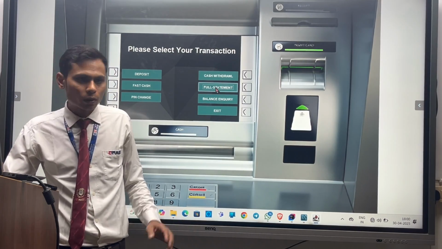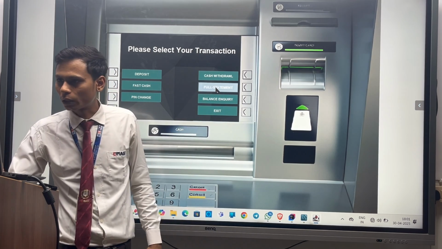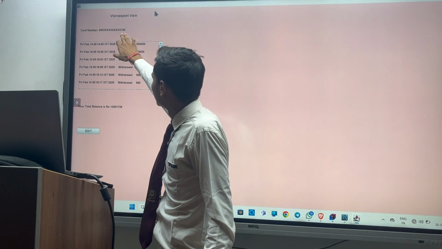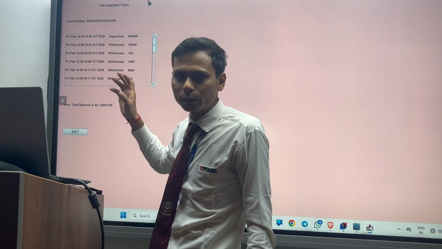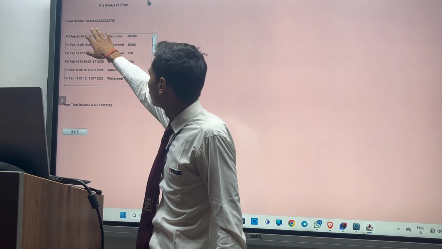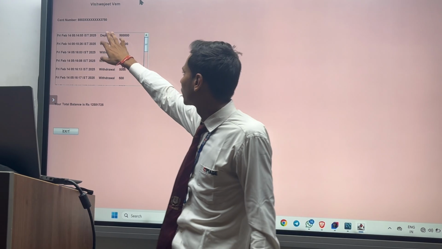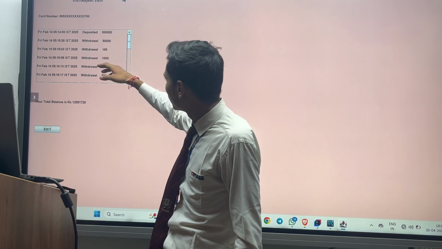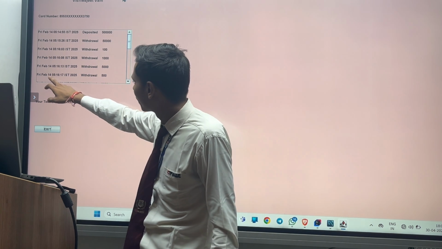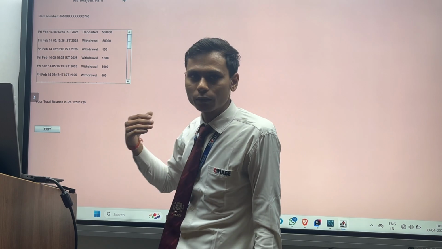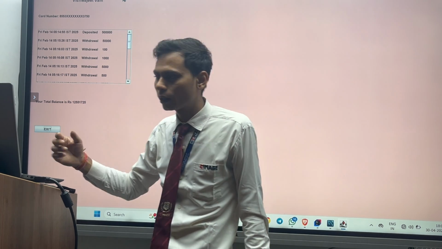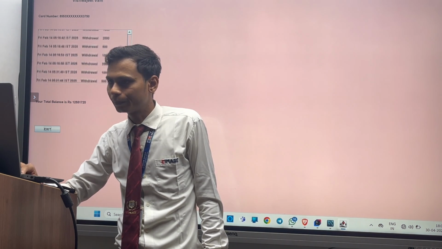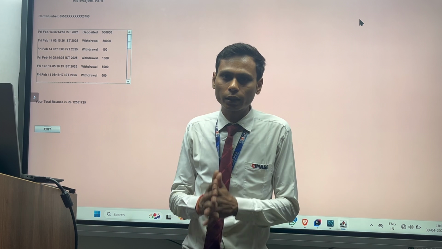Let's see what kind of information it has. It's our account holder name and our card number. I have hidden the middle numbers and am showing only the first 4 and last 4 digits of the card number. And the total balance we have is this much, and how many transactions we have performed, with the time and current date, and how many times we have withdrawn and how many times we have deposited. Every detail is shown here. Okay, it's a full virtual banking system project that I have made.